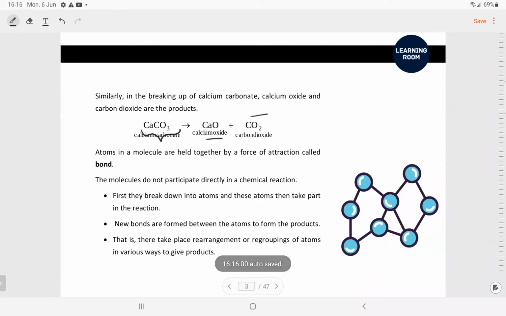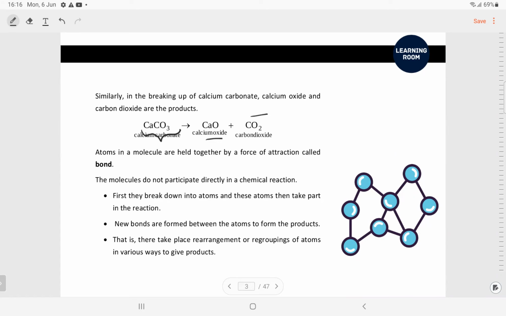That compound is breaking. The bond is breaking. The bond that is connecting your calcium, carbon, oxygen is completely getting broken. And what happened? Your carbon dioxide is involved in the reaction and your solid calcium oxide is present there. So all these elements are connected by a bond, and that's why your compound is getting formed. Even if you take elements like oxygen, O2, there are two oxygens present, so definitely the two oxygens are connected by a